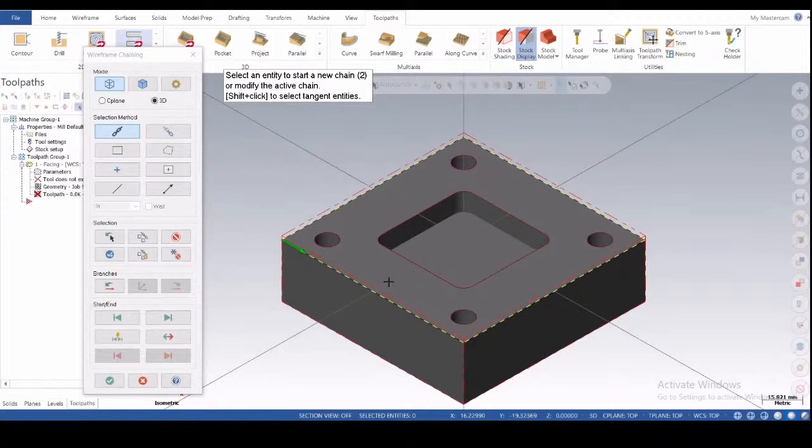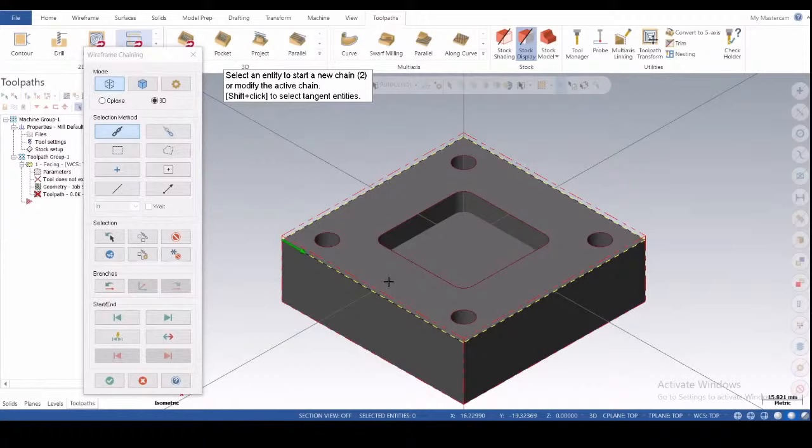Then click OK, and after that you will get the 2D toolpath facing window. According to your application you have to select the toolpath type. I have to do facing, so I have selected face, and next we have to select the tool. In this tool page you can see various parameters like tool diameter, corner radius, tool name, tool offset, length offset, head, and diameter offset. There are various cutting parameters and tool parameters. According to your application you can give the values of the tool parameters or cutting parameters.